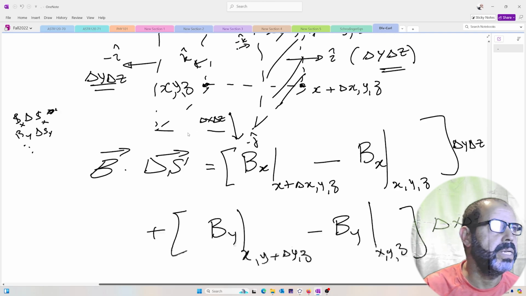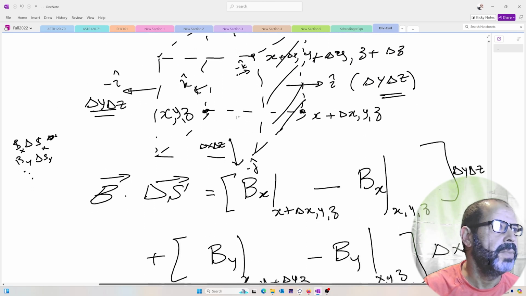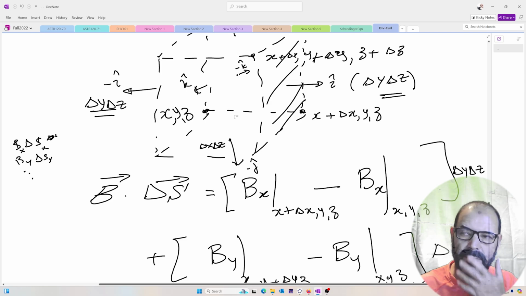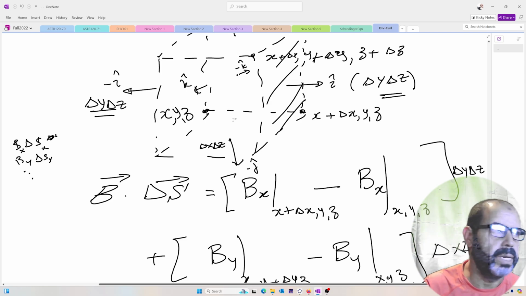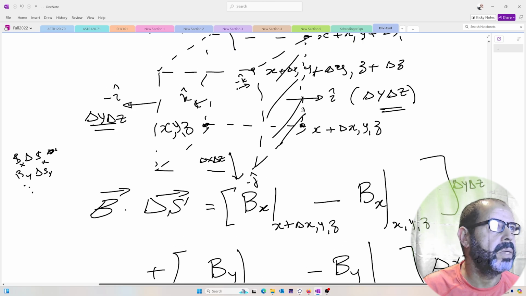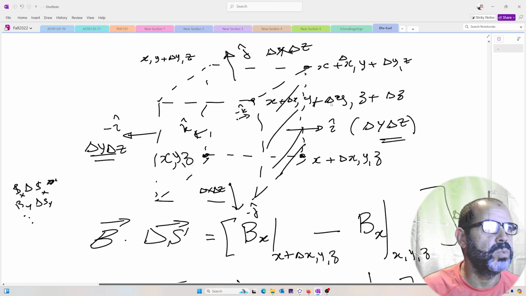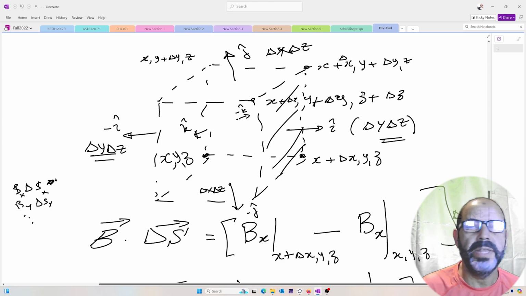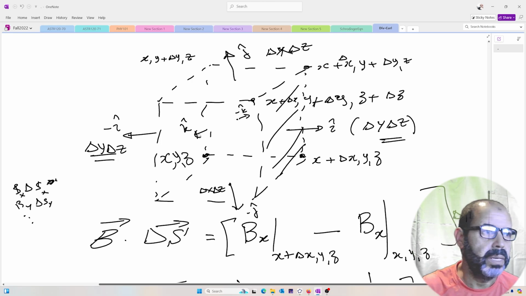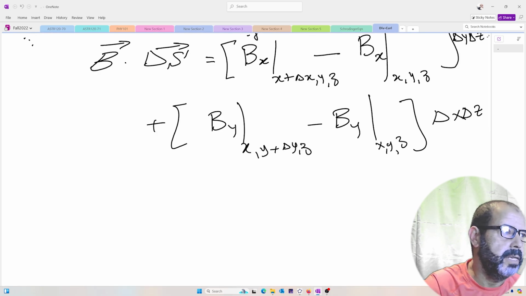Okay, the last quantity that I want to find is the in and out screen. The ones into the screen and out of the screen. The one out of the screen is located at this point in here, x plus delta x, y plus delta y, z plus delta z. So z has shifted from its original value. Everything else stays the same, but it's pointing into the positive direction. Again, it's the z component of the vector b. So it's going to be plus bz